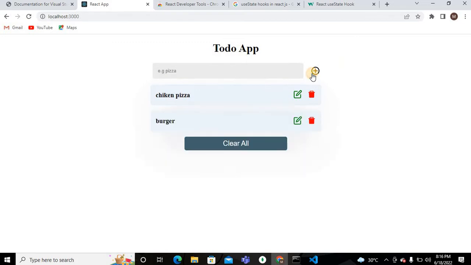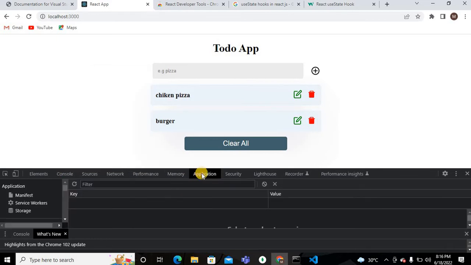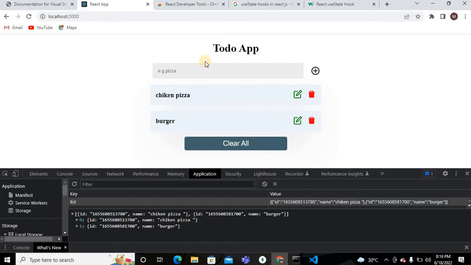So I add some data again, and if you reload this page, the items are not removed from my page because the items are added in my local storage. So look, if you inspect this, okay, and go to the application, and this storage, look here, the items are added in my local storage. If you add some more items